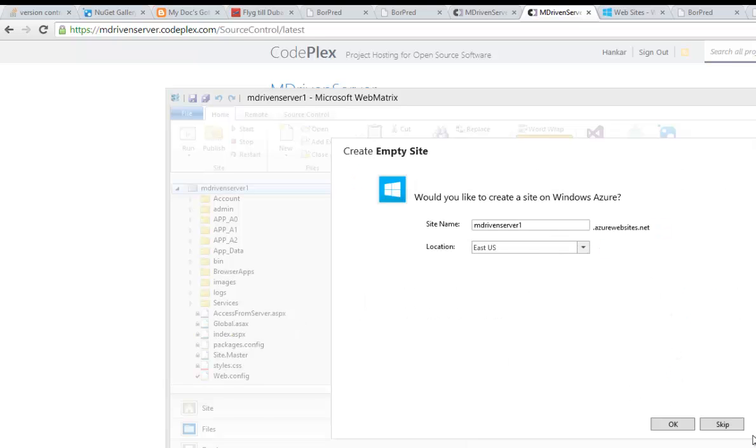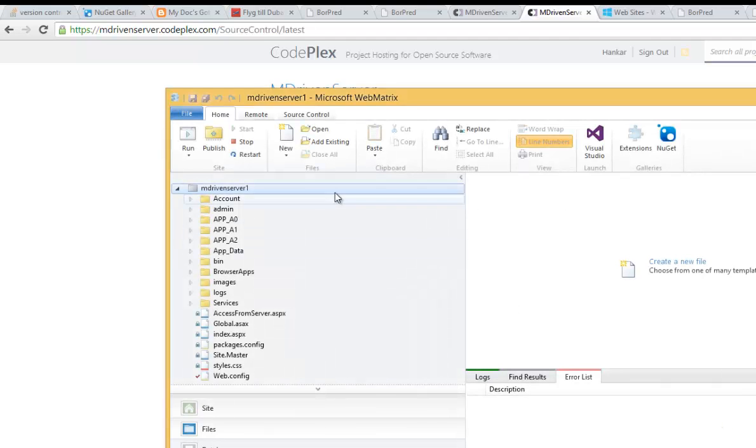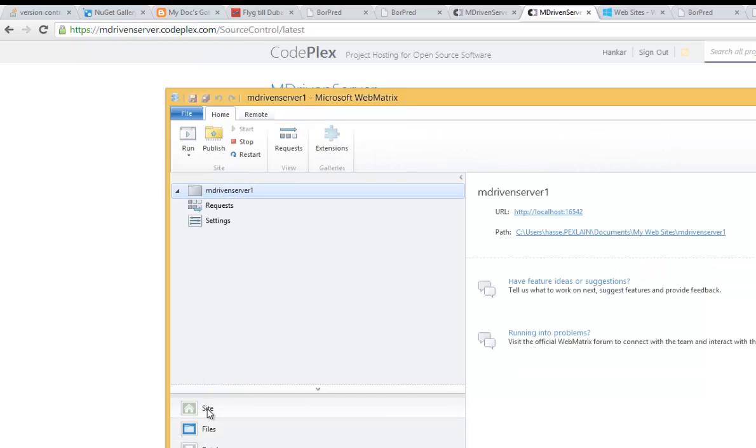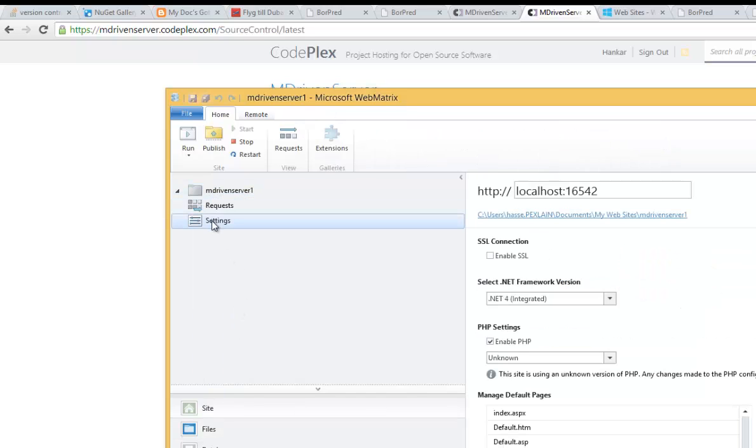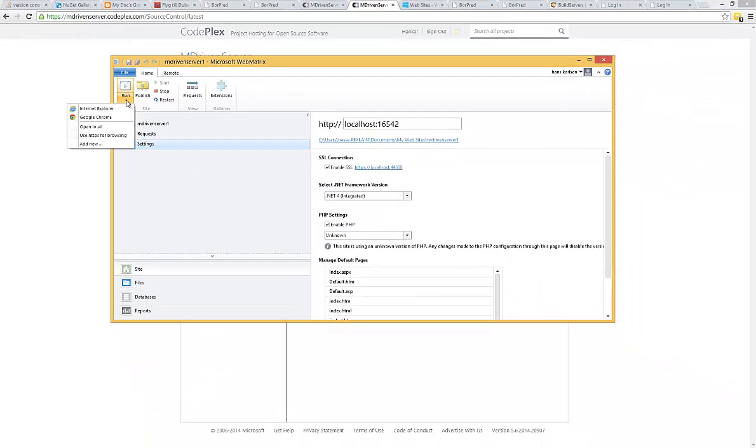Option to create on Azure, we're going to skip that for now. Going to come back to that very soon. So this is our files. Going to go settings and enable secure socket layer for this application. Going to start it locally,